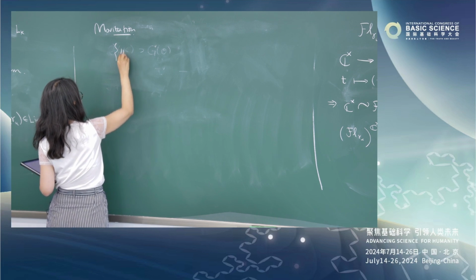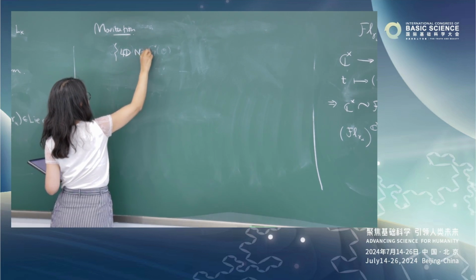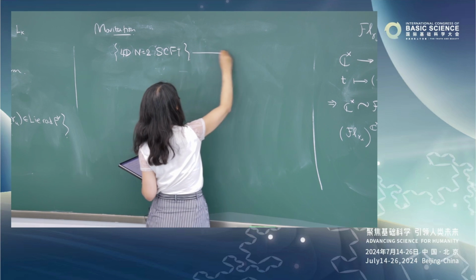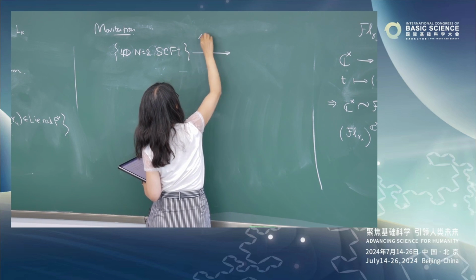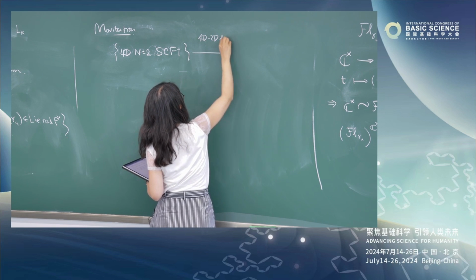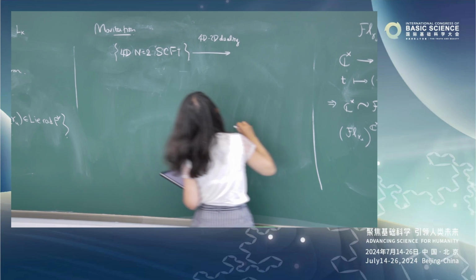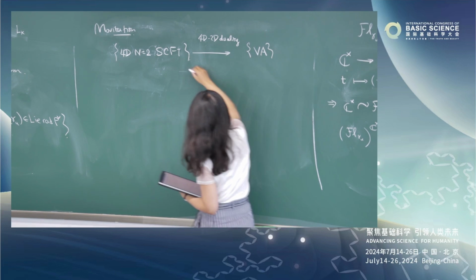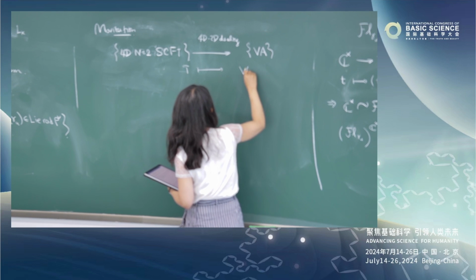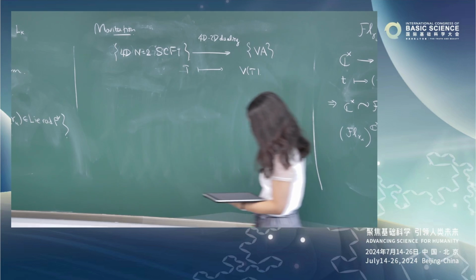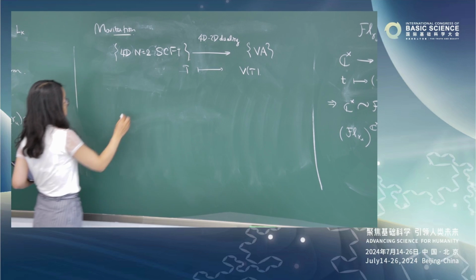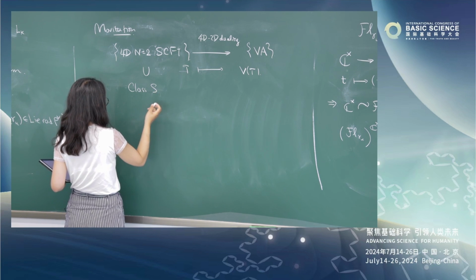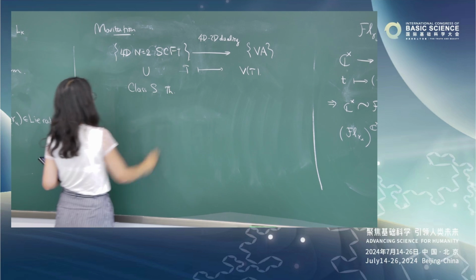For any 4D N=2 superconformal field theory, there's a 4D-2D duality functor which associates a vertex algebra: to each theory you get a vertex algebra under this functor. And then if you specialize to so-called class S theories or generalizations of class S theory, then